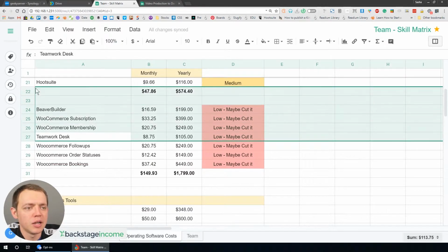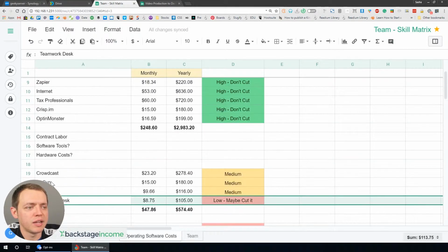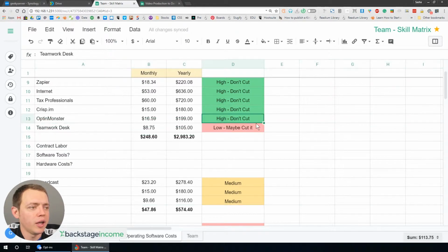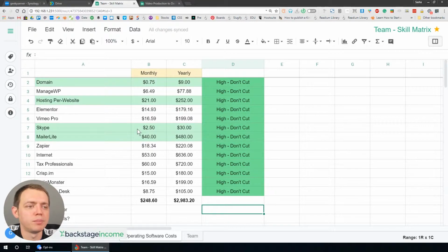So sometimes I'll say, hey, okay, this has now become such a time saver. I might move this one way up here. And now, okay, I don't want to cut that one because it's an essential part. So sometimes things start moving up in this ladder as your business grows because it's so important for you to run your business because it saves you a lot of time, it saves you a lot of money.